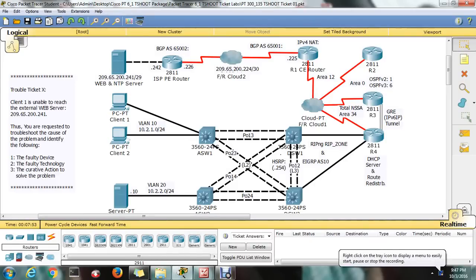Hi, today we are going to see how to clear the CCNP TSHOOT exam with 1000 marks. It's very easy to practice and easy to identify the problem in TSHOOT. In the exam we will get nearly 12 types of troubleshooting tickets out of the 16 tickets which we are going to cover.